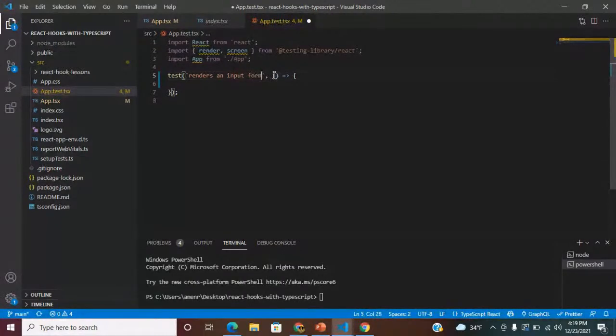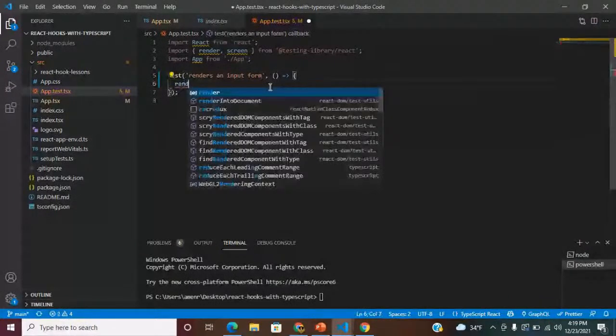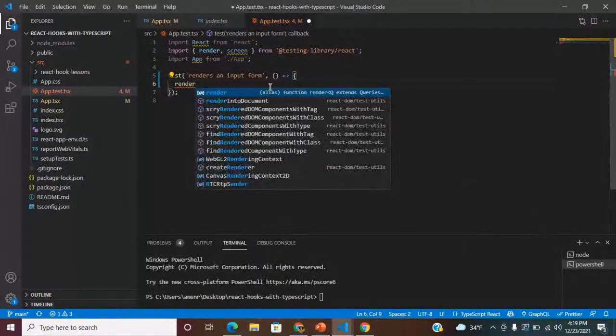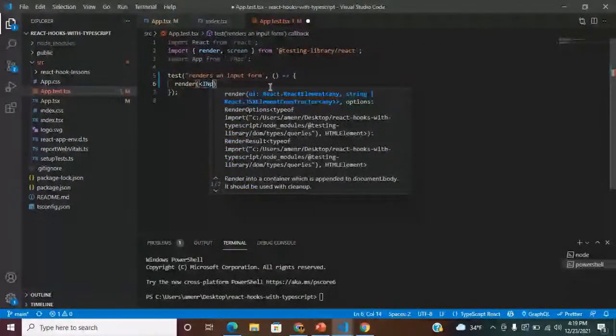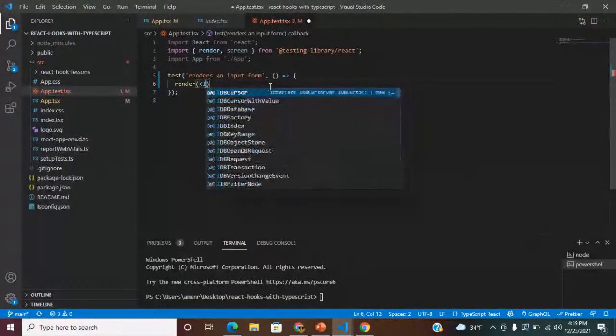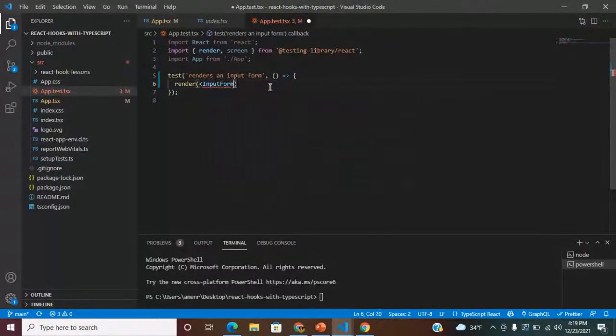And what we want to test is render, and inside of that render, we want to have an input form. So we're just going to pass in the input form component and write our test. It's a very simple test, but I want to show you the technique and the process of getting into this habit. So now that we've corrected our original test,